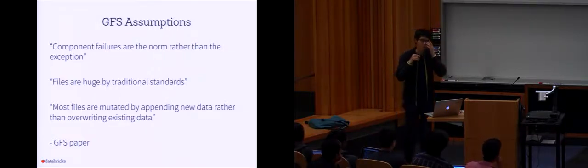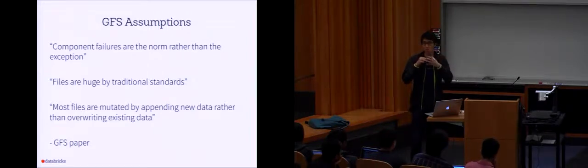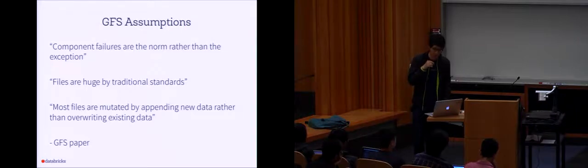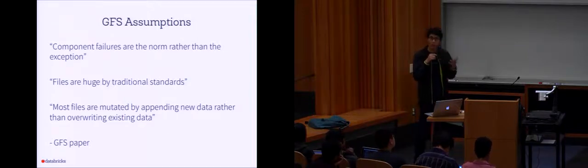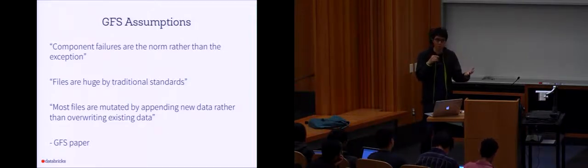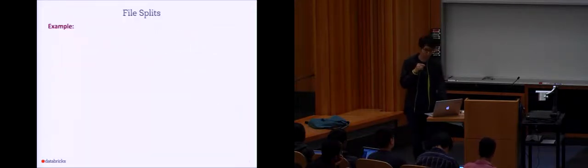They might be compacting, for example, a whole website onto a single file, or maybe multiple websites onto a single file. So the size of files is much larger than the typical files you store on a normal file system. And the third is that files are now mostly immutable, which means when you update, instead of updating the files in place, you append data to it, and you don't overwrite existing data. So with the 3 assumptions, they built GFS.